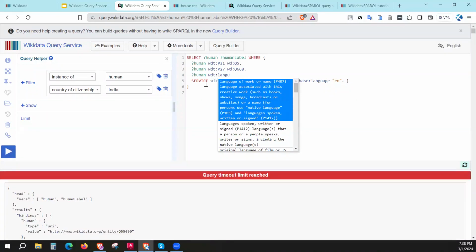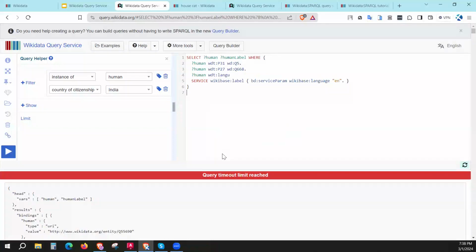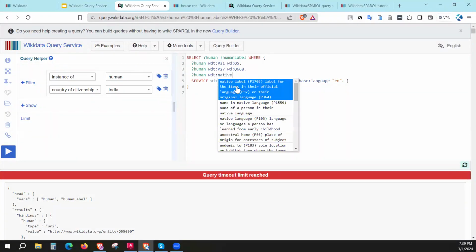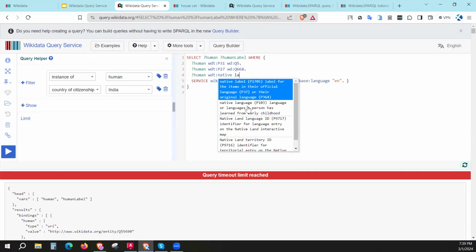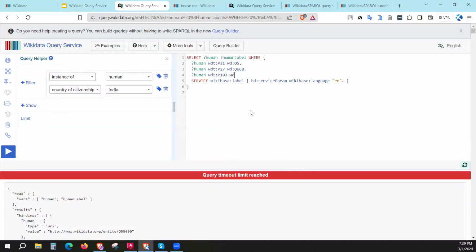Since it has a large number of items, it will take more time, so the query has timed out. So we'll narrow down this Wikidata query by the native language of the person, native language P103, and we'll search for